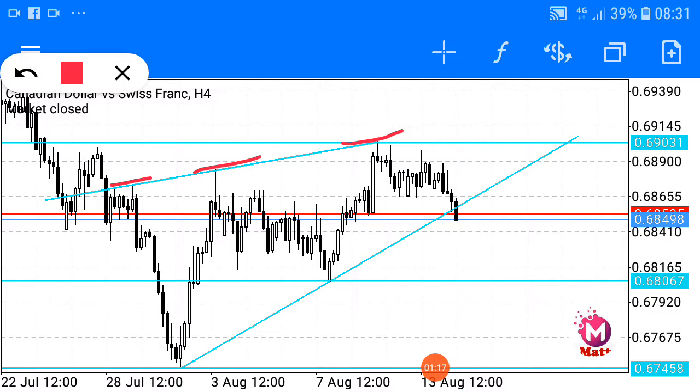which is the resistance, which is this support. I mean this resistance, and a breakthrough which happened when the market was closing. So this is what we have. The price is actually playing inside this